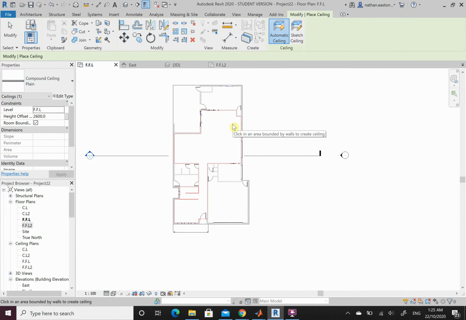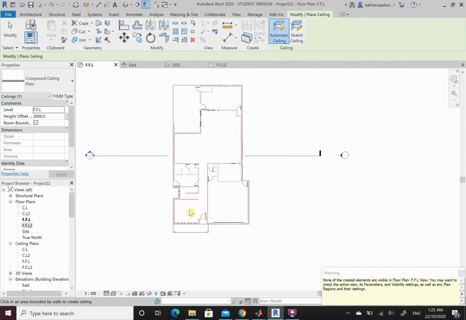Yeah, you can go through and use different gyprock or ceiling board or whatever you'd like. But for us, just take the compound ceiling. Revit will either automatically place it for you. So what you can see is the sections of walls, which is where it is currently highlighting in orange. It will place the ceiling for me. So I can just click through. So if I want to do that, if I come through here and here and here,